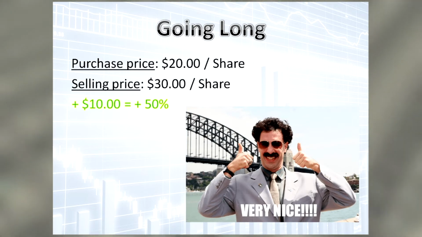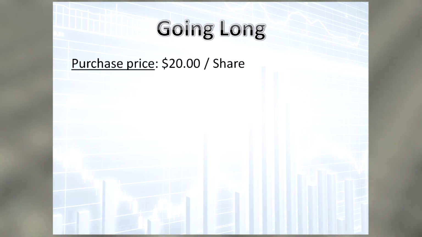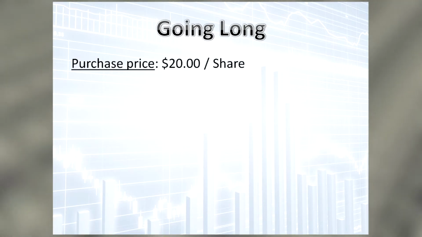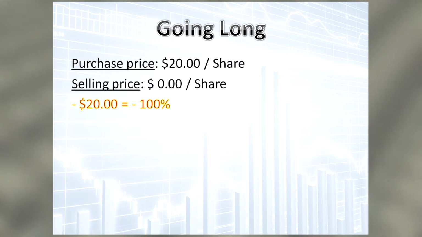If things can go on like this forever, you would be really happy and you would have your whole future planned out ahead of you. Now imagine yourself buying that same stock at $20 a share, and for some reason or the other, the price drops. And since you forgot to place your stop loss, remember your stop losses. We're going to talk so much about stop losses, okay? Let's go on. For some reason or the other, you cannot exit that position in time, and the stock price actually drops to $0 a share, okay? The company goes bankrupt, the stock price drops to $0 a share. That is basically the worst thing that can happen to you with your investment. You're losing 100% of your initial investment.